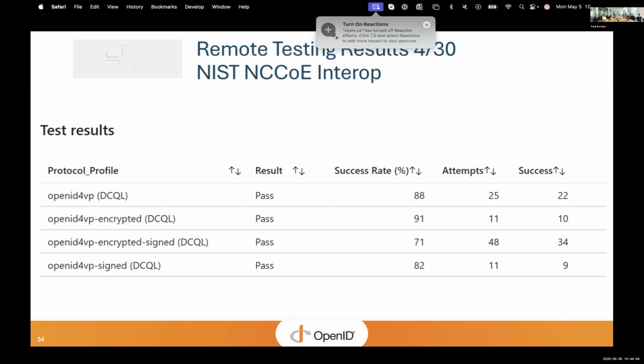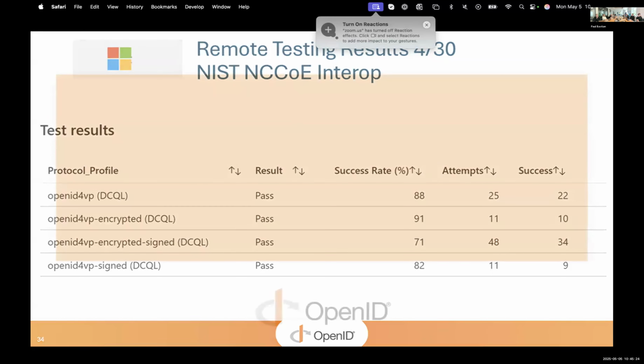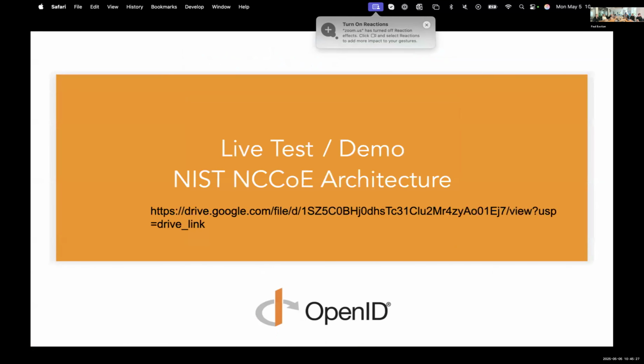What are you referring to by the URI protocol? So the URI is a custom URI that OpenID, a previous version of OpenID for VP, relied upon in the ISO mDL 18013-7. So it's not using the DC API, it's a custom URI for presentation. The OpenID for VP colon URI? That's correct. Okay. So where the previous line was the DC API using OpenID for VP profile? That's correct.